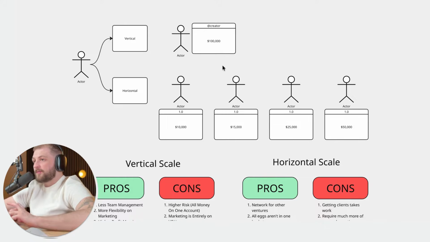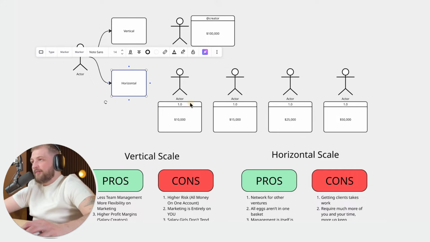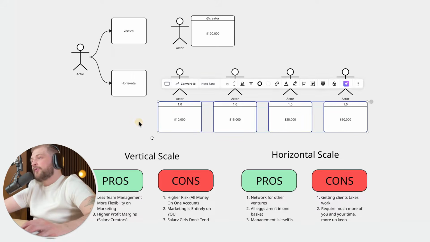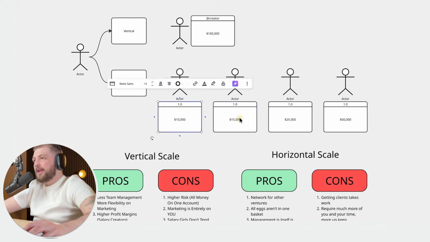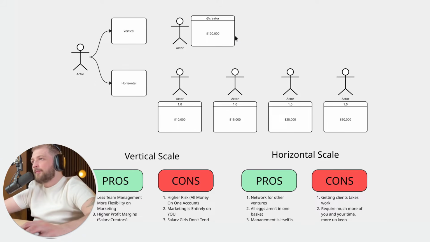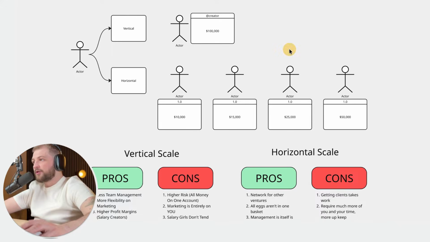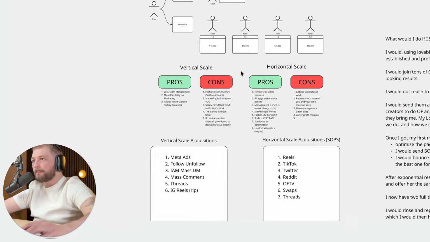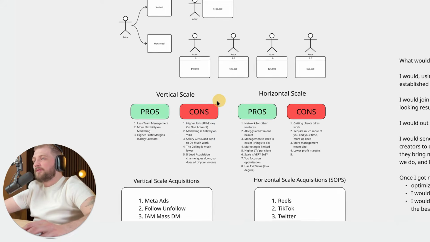There's some pros and there's some cons to this. Now, the alternative is a horizontal scale, where you have multiple creators. All creators are generating their own traffic, and you take a smaller percentage of these numbers that they're already generating. So you're gonna have multiple pages doing a ton of random different amounts of income, opposed to one page that has a very specific set of money that you're generating based off of logical decisions and marketing acquisitions, okay? Now, there are some pros and cons to both of these, okay?